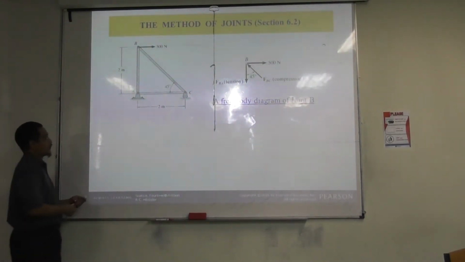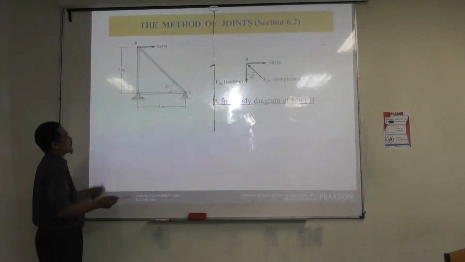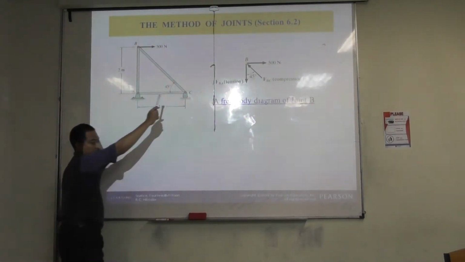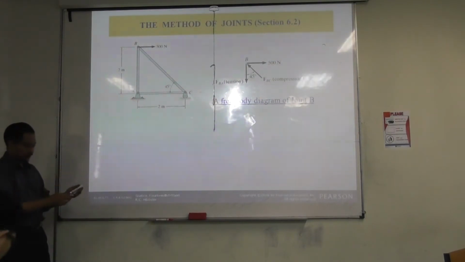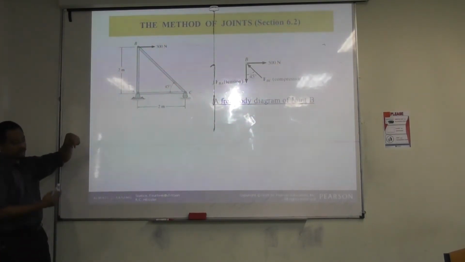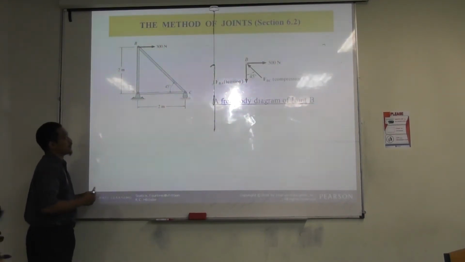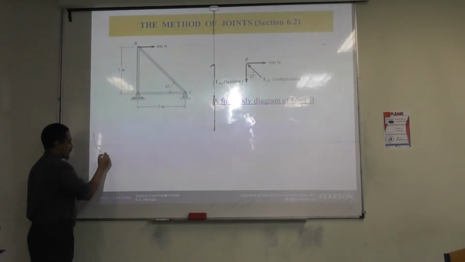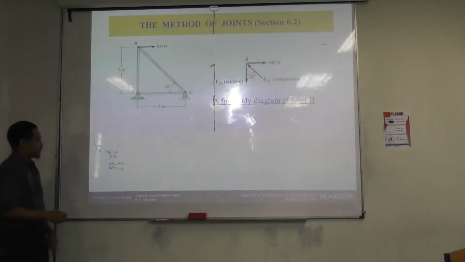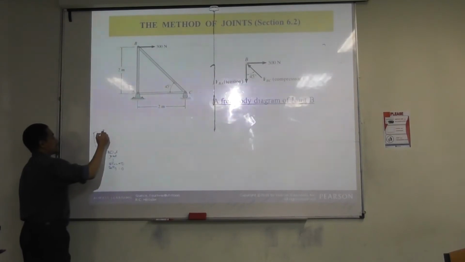Typically the question will ask what is the force of this member and this member, and whether it is tension or compression, because as we understand, the member can only be in tension or compression, right? So you have to indicate whether it is tension or compression, and what the value is. There are two possibilities. One is that you can straightaway solve by free body diagram of the joint, and then you solve summation of Fx, summation of Fy equal to 0, right? But for some cases, you have to first solve